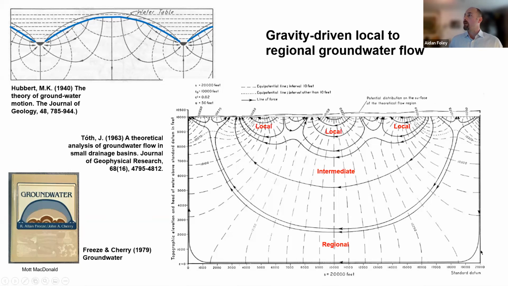Now, if we magnify that up to a regional scale, and you can see this is an American diagram, we have several kilometers in scale and a few kilometers in depth, like 3 kilometers or so. We can see that we have the superposition of local flow systems. Where does this arrow go? You've got flow that just goes straight down. Well, that's something like down here. So these are very long flow paths. And in a discharge area like this, numerous flow paths converge from different recharge areas. And this is in a regional context.